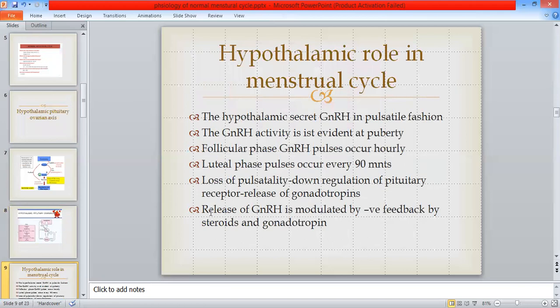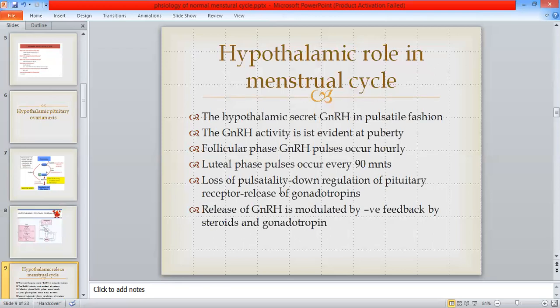Now, certain points about the hypothalamic pituitary ovarian axis. The hypothalamus secretes GnRH in a pulsatile fashion, and this GnRH activity is only evident at puberty. When puberty starts, GnRH secretion in the hypothalamus starts working. There are different phases which I will explain later: the follicular phase and luteal phase in the ovary. In the follicular phase, GnRH pulses occur hourly,